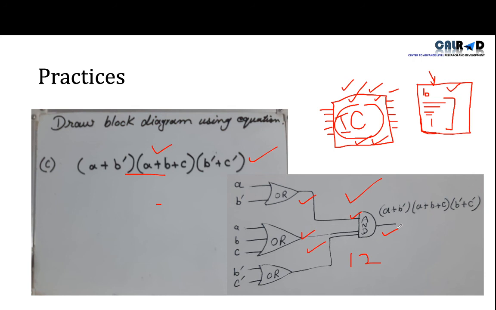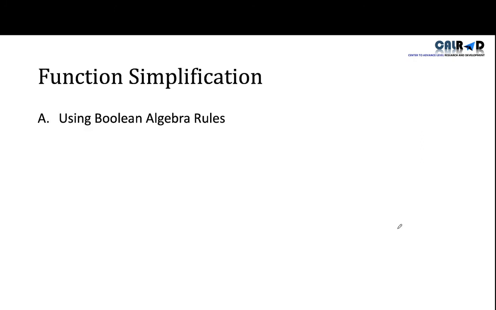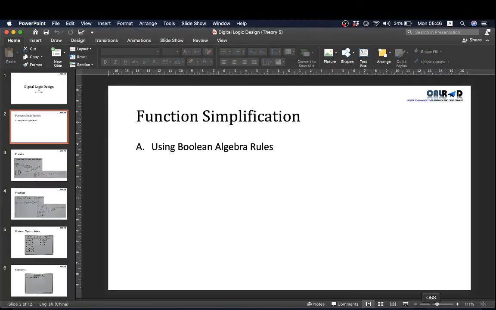So in today's lecture, we will start this simplification. There are a lot of ways for simplification, from these Boolean algebraic rules, from De Morgan's law, and from the truth table. So we will start from these rules, and in these rules also there are some simple rules and some complicated rules. In today's lecture we will start from the very simple rules, and we will do some examples of how we can simplify the equation by using those simple Boolean algebraic rules. So this we will do in the second part of the video.